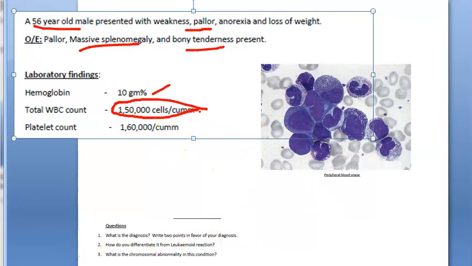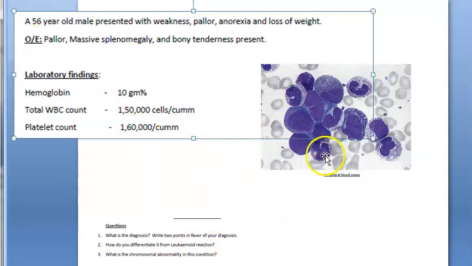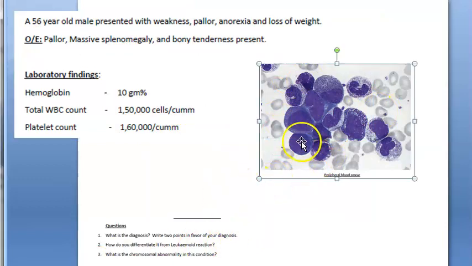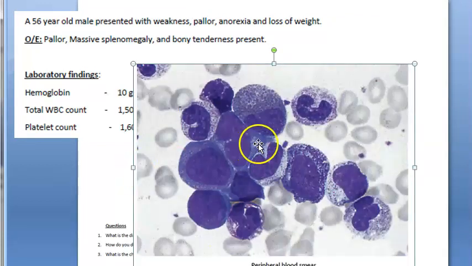Now look at the peripheral blood smear. This is a blood smear. As you can see, there are RBCs, so definitely it's a blood smear. This looks like an eosinophil. What are these? A lot of